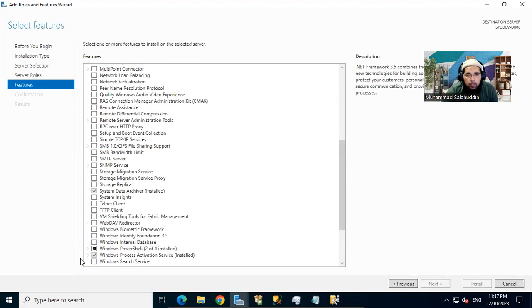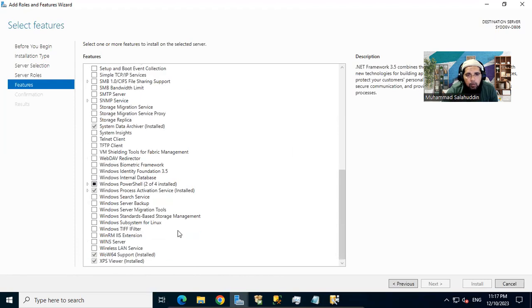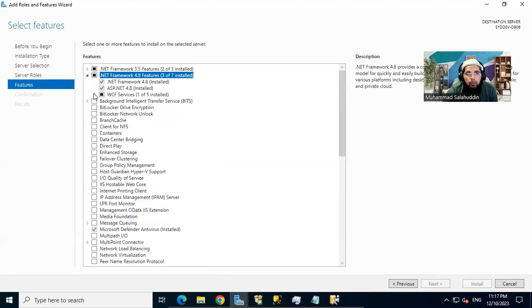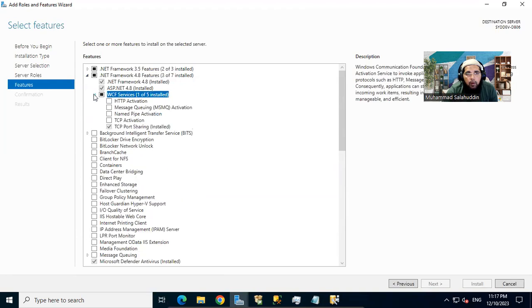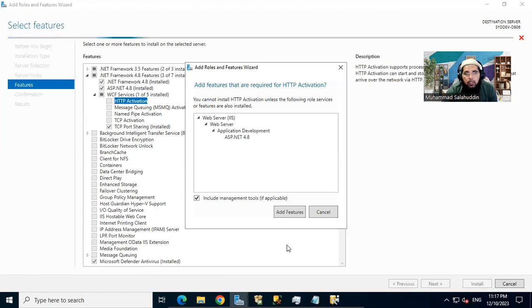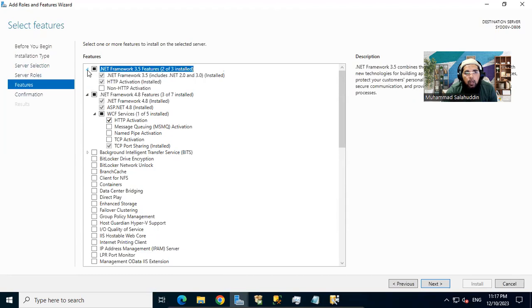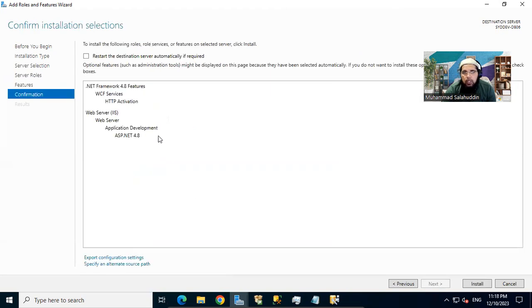WCF activation. There we go. All right. So we have the WCF service, and in here we have the HTTP activation. Let me just add that feature, and I believe that will now remove the last error. So that's where we have the WCF HTTP activation for the WCF service. We are not going to activate any other service at this stage. Let me just hit next,